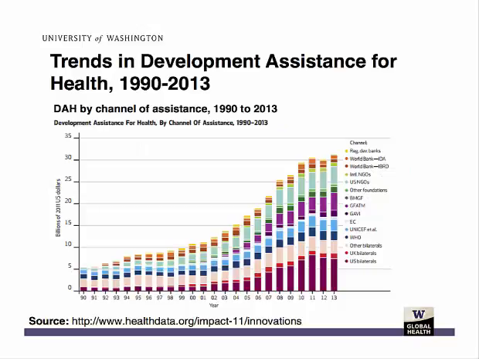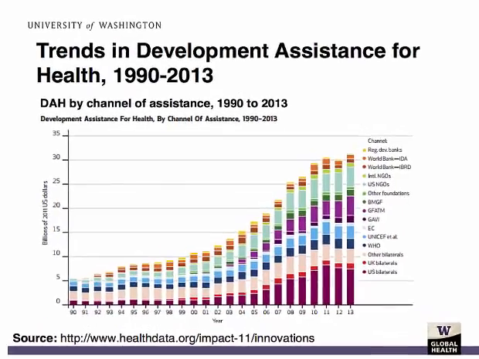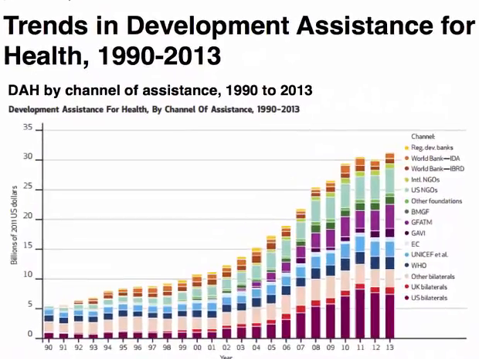Over the past 20 years, we have seen an explosion of resources for development assistance for health. This slide here from the Institute for Health Metrics and Evaluation shows increases over the past 20 plus years of resources for development assistance for health. And what's striking is that there was a doubling of resources from 1990 from $5 billion to $10 billion per year for development assistance for health. And from 2000 until 2010, there was a further tripling of resources from $10 billion to $30 billion for development assistance for health.